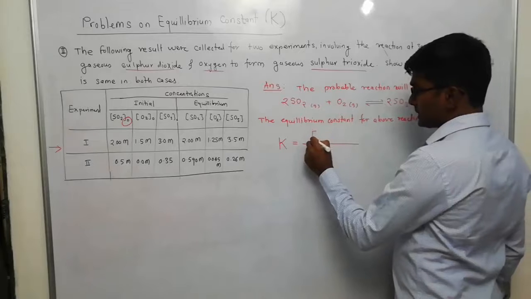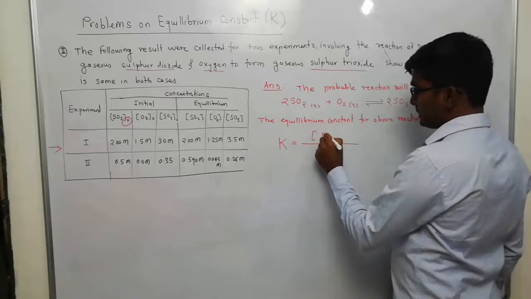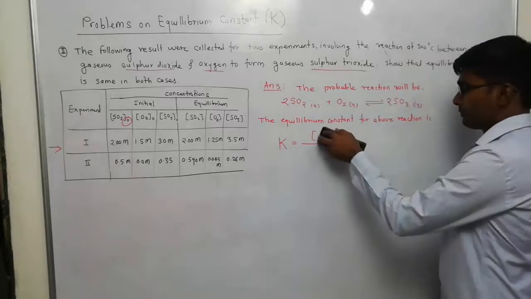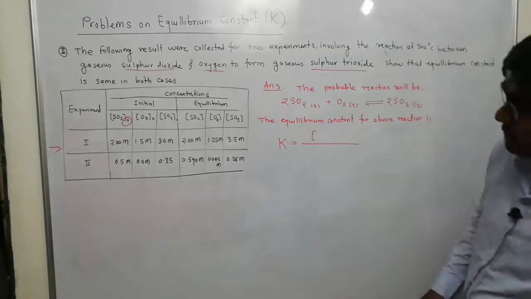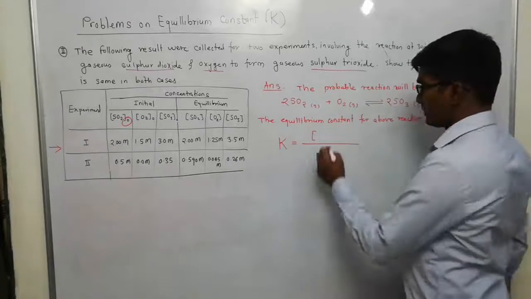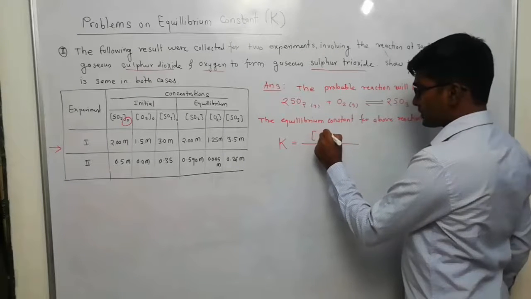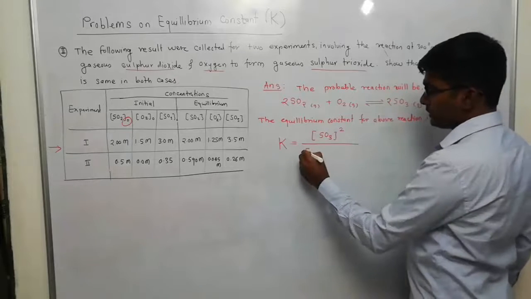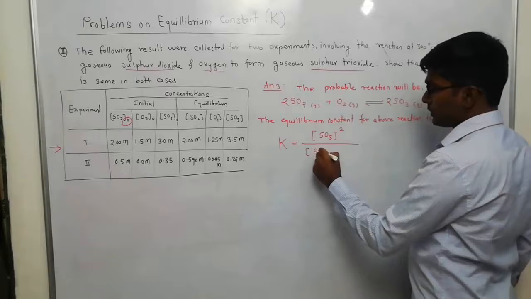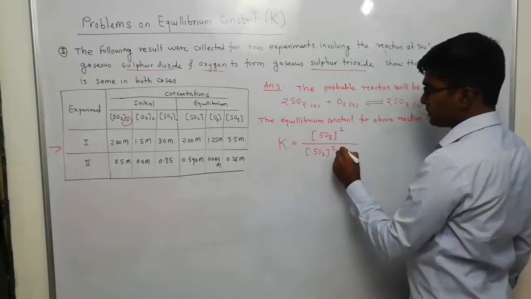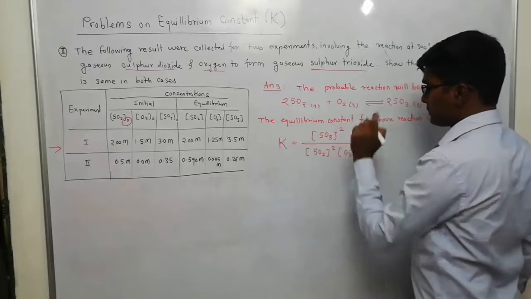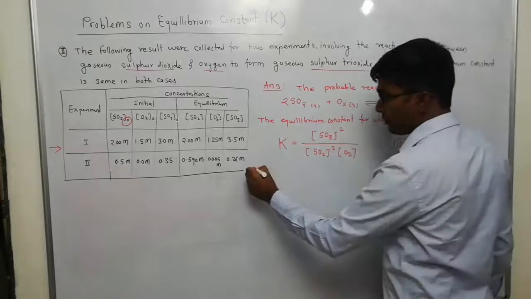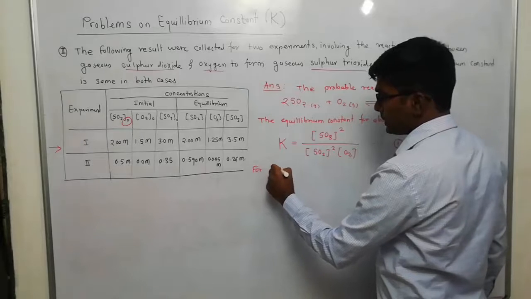This reaction is in the gaseous state, so we can simply write it with square brackets, because concentration is given here in molar terms. So the concentration of sulfur trioxide, this is the product, stoichiometric coefficient is 2, divided by the concentration of SO2, stoichiometric coefficient is 2, and oxygen coefficient is 1. So this is reaction number 1. Now for experiment number 1,